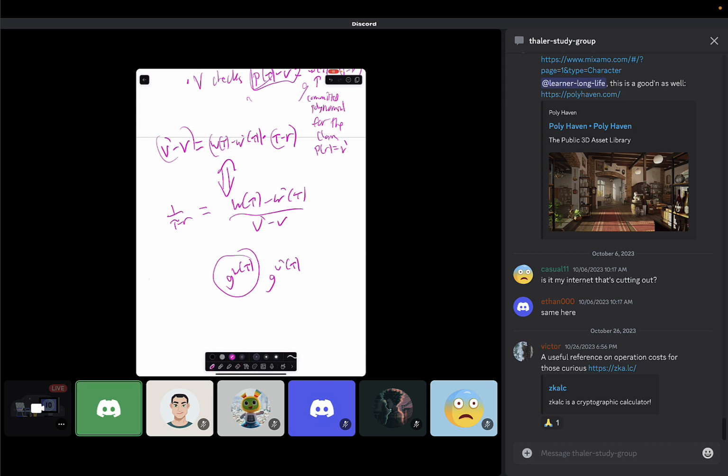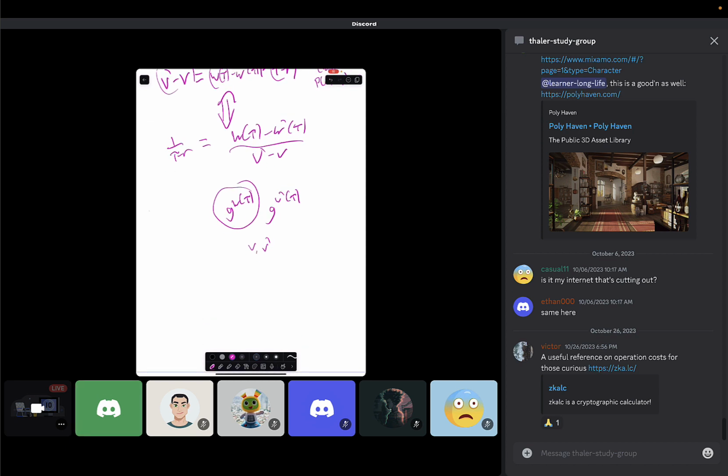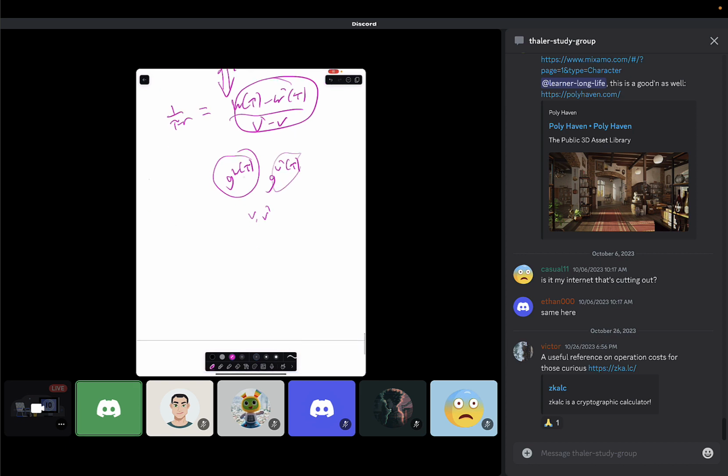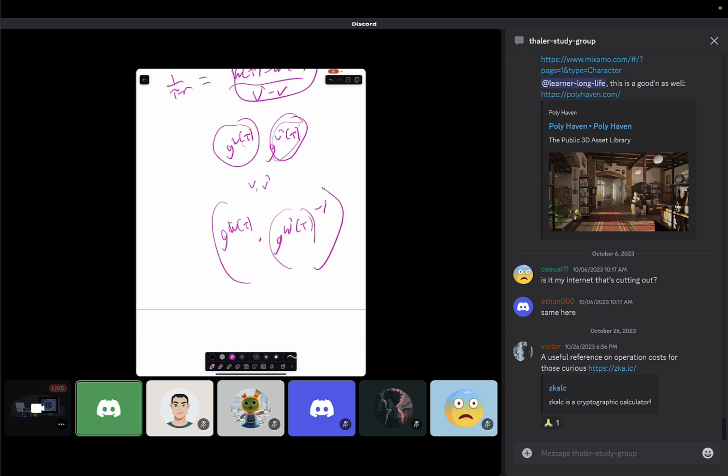Of course, the two claims themselves contained V and V prime. And so you can compute this quantity in the exponent, right? The two proofs contain all of these elements. So you can just take the first group element, multiply it by the inverse of the second group element, and then raise that to the power, because the proofs contain V and V prime, right? And that's just going to equal G, all in the exponent, W of tau minus W prime of tau